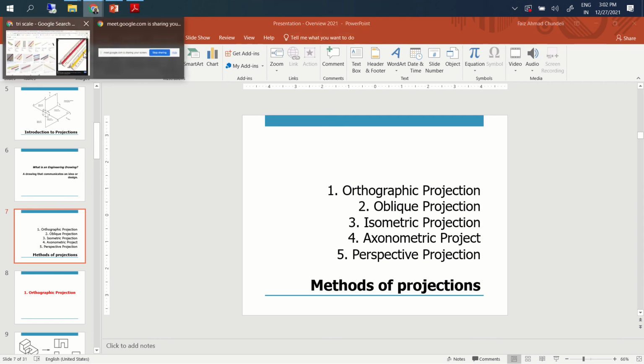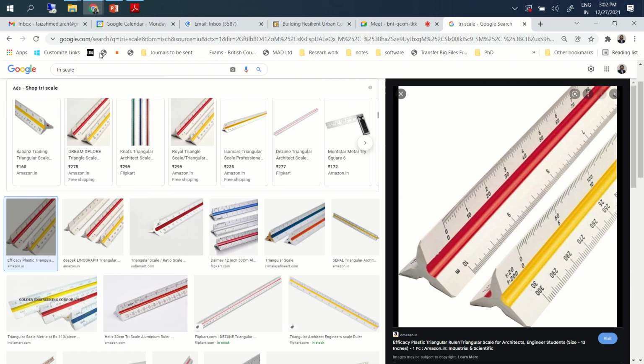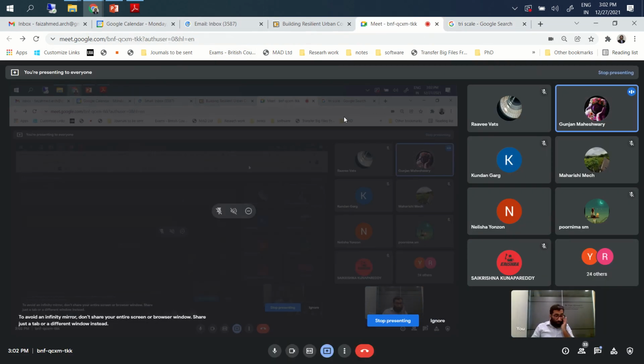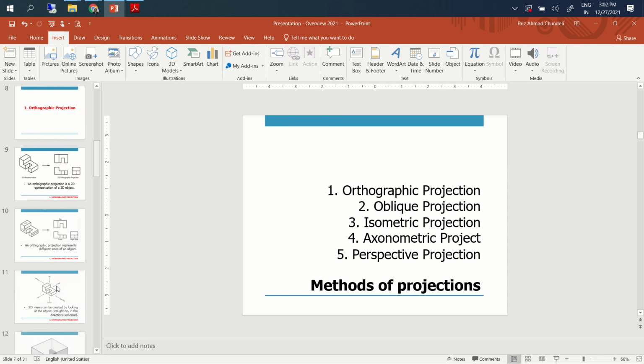When we talked about front view, top view, and right view, it depends on our reference, right? How we are looking at it, from where we are looking at it. If I am looking at it from the right side and you are looking at it from the front, you will think that is the front, and I think that is the front. So, is there any particular way of finding out?